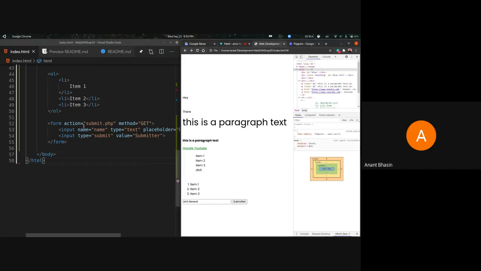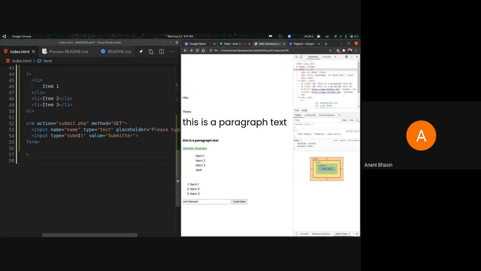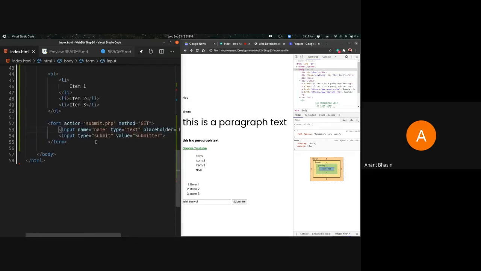That's why forms are important: they give you an easy way of sending the data through and automatically serialize it. Like you saw, the name is equal to Ishit base one. We didn't have to write any code for that; it automatically serialized whatever named inputs were inside this form. So get and post, again, we're not going to talk about that right now.